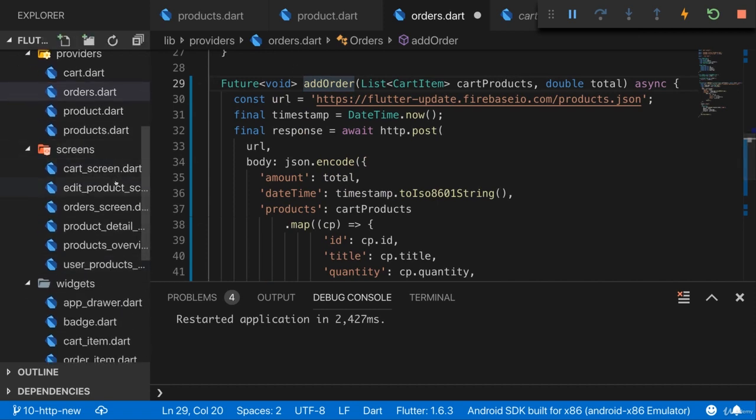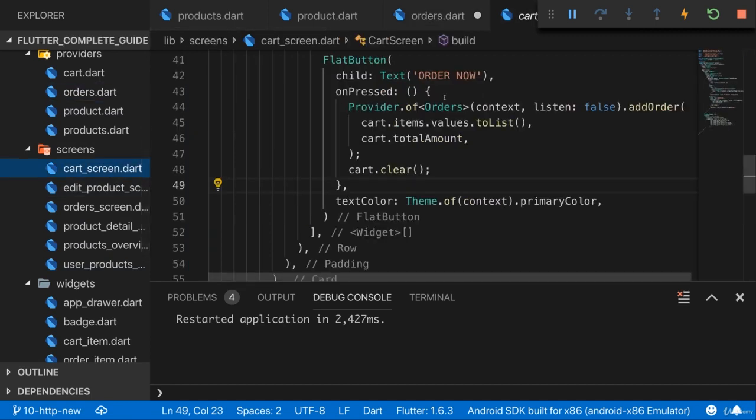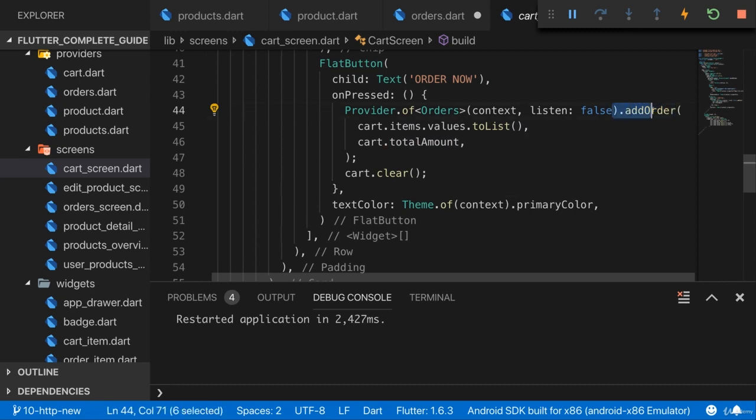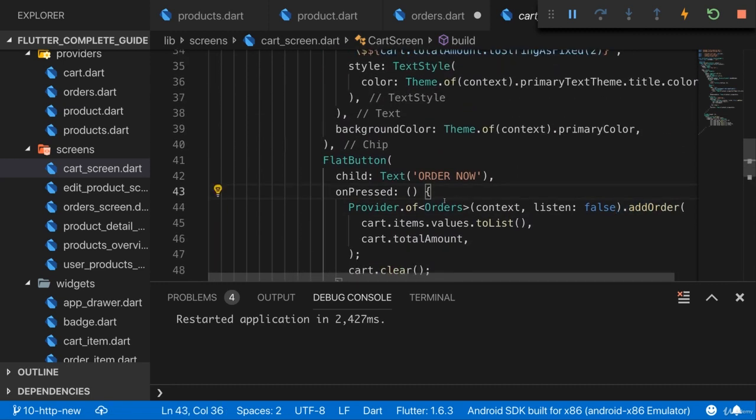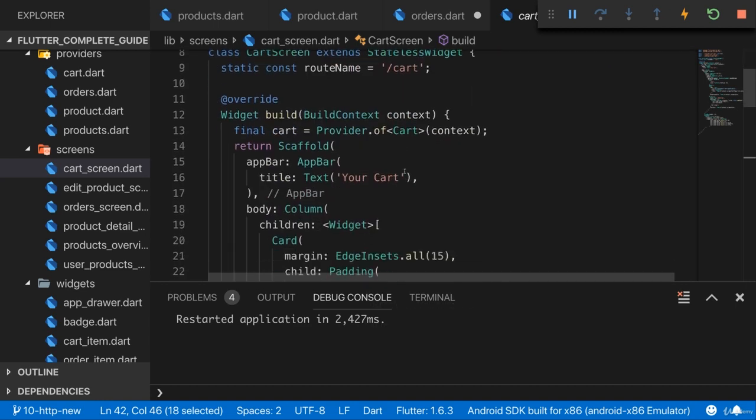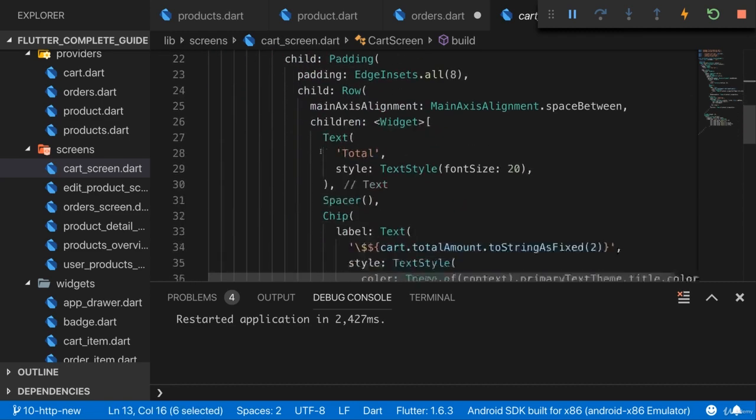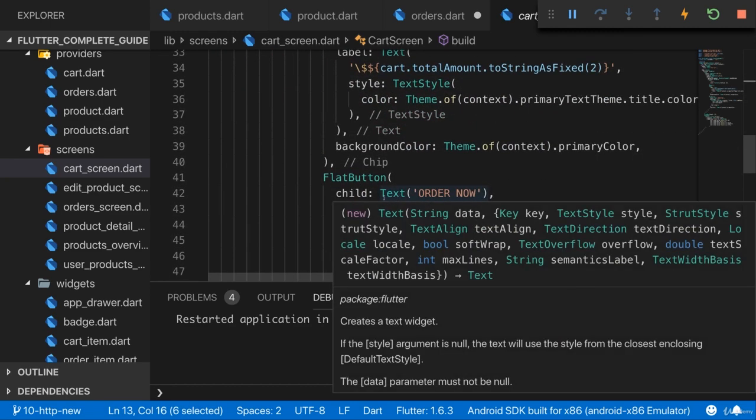Because we call add order in our card screen. There we have that flat button, order now, and there I call add order. Now there, I of course want to show a loading spinner instead of that text, and also disable the button whilst we're loading. And I also, by the way, want to disable the button if we have nothing to order. So we have nothing to order if card here has a total amount that is equal to or smaller than